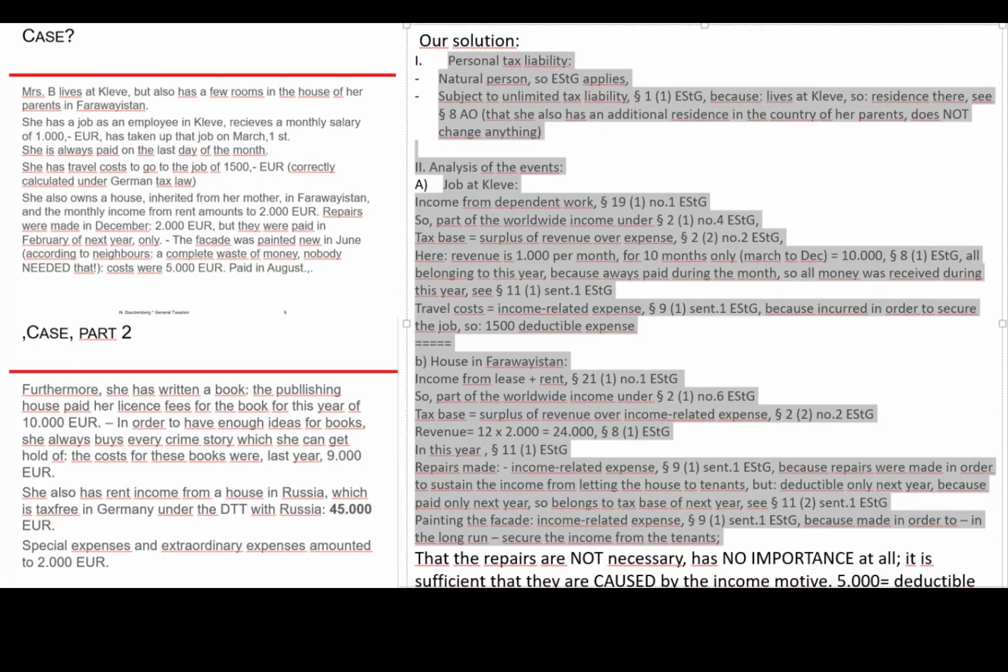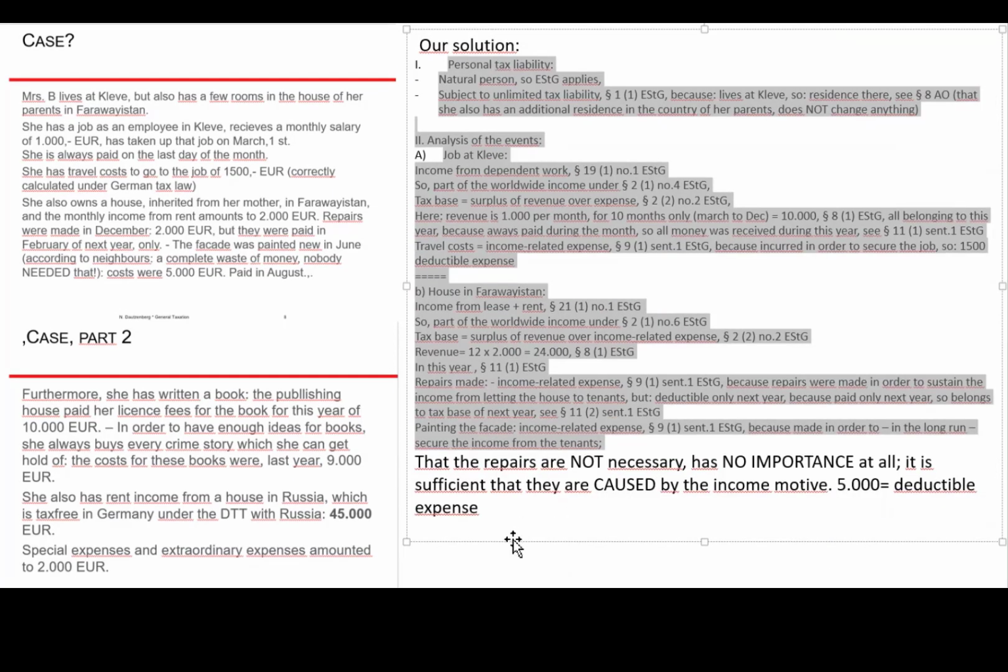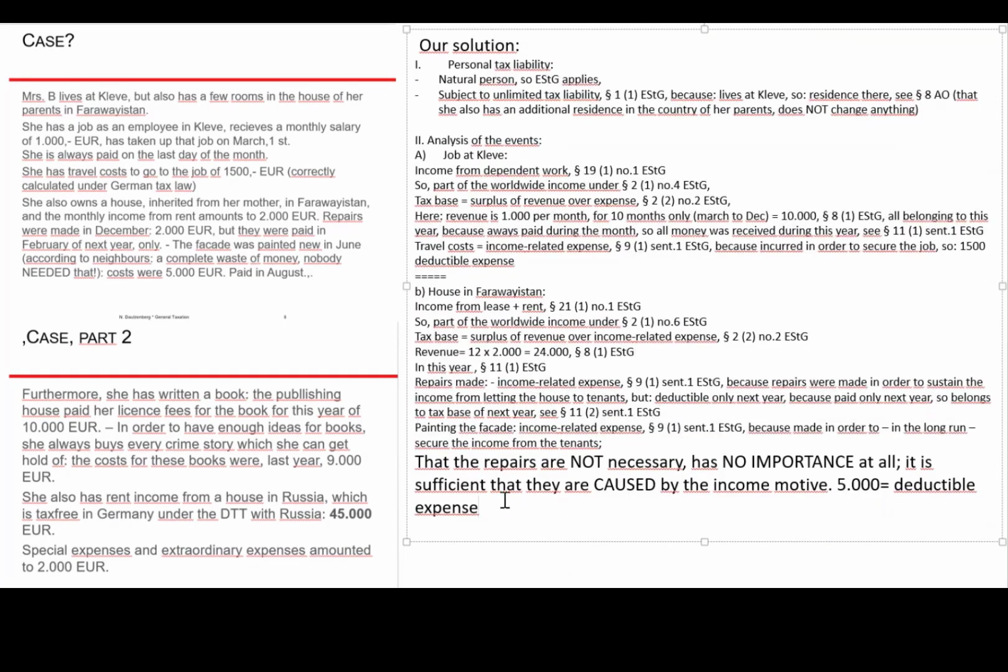Okay, let's move. That's a deductible expense. So deductible this year, cost paid in August. Well, to sum up, let's come back here. To sum up,